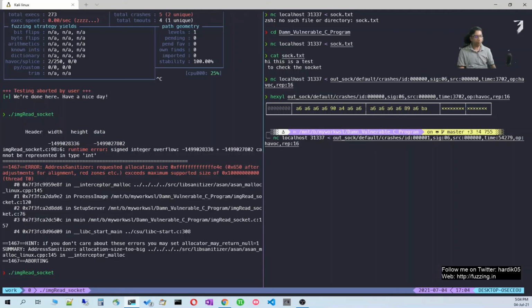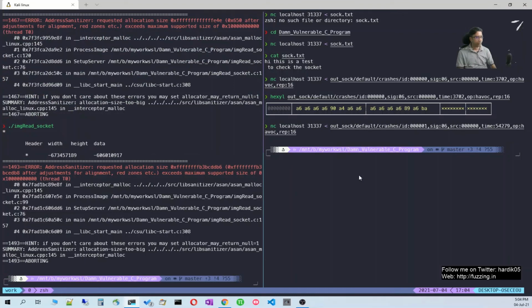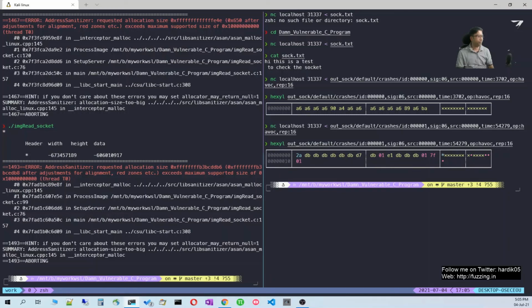That will be helpful. So let's try and see what we are getting now. More or less we are getting the same crash, that is an integer overflow. And anyway, let's use Hexeditor to see what this file contains. So it contains something different, but basically the crash is the same.